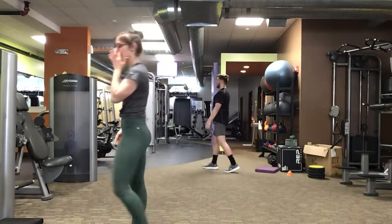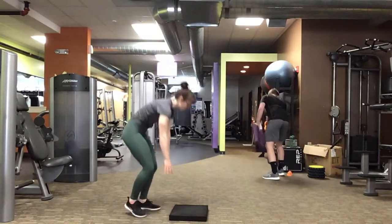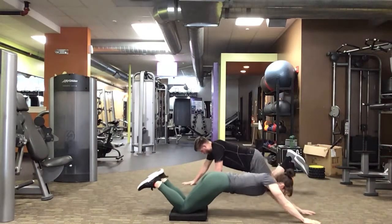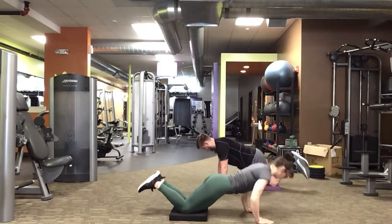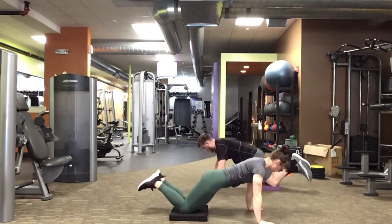All right. So grab your pillow or your kneeling pad, whatever you have. We have those elephant walkouts to push up to dead stop. Here we go. Walk it out. Walk it in. Chest all the way to the floor. Then we lift, extend, bring them in, and push. Walk it out